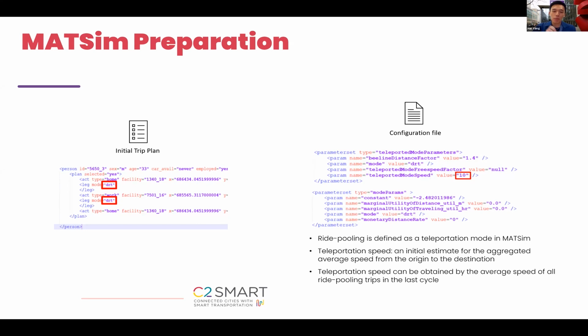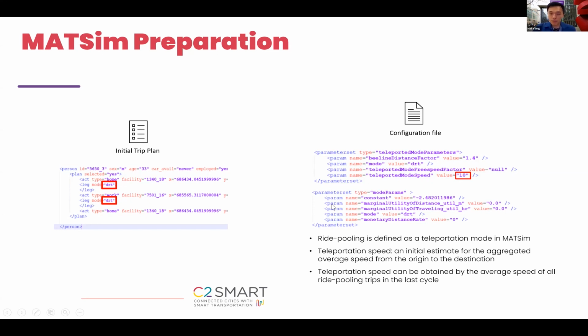It will just pop from one point to another with the defined time, using the straight line connecting these two points. It's an approximation of how long the general trip could take, by adjusting the teleportation speed. So every single run of MATSim will adjust this teleportation mode speed, which defines how fast the teleportation will be for the ride pooling service, to give a general idea of how fast it could be